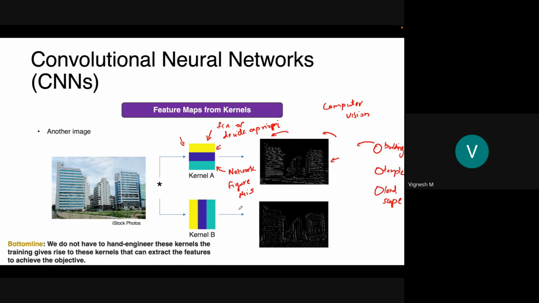So you do not have to hand train them. In fact, that is why deep learning evolved, right? That means you do not figure it out. You let the network figure it out. And then you study the properties of the network. In fact, then it will tell you what is actually the shape of the kernel, because the kernels can even be nonlinear, right? Because you are passing it through a nonlinear ReLU function at every stage,